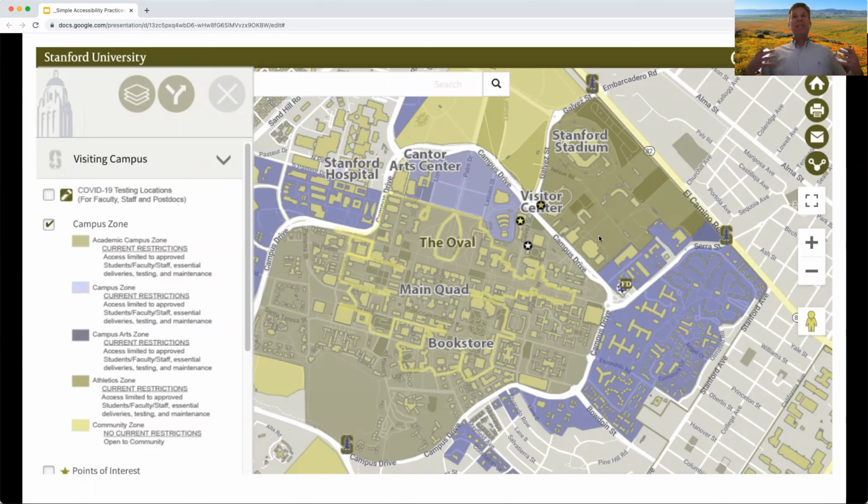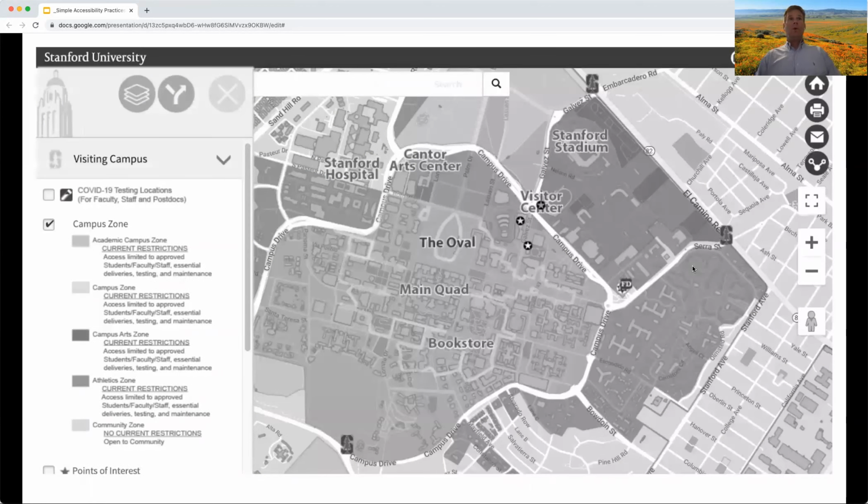Well, it's the zone that includes the main quad, the oval, and the bookstore. So when we're using color alone to try and communicate information, that can be rather challenging, particularly for people who may not be able to see the colors the way others do. And then it can get even more fun. Next slide. If you're dealing with something in total grayscale, maybe for someone who has more significant color blindness issues, okay,